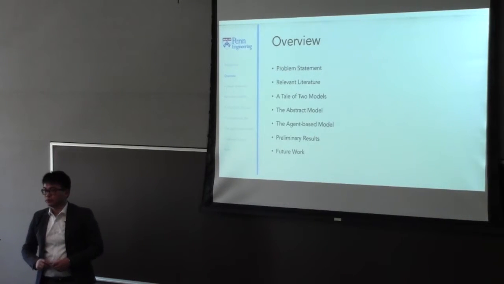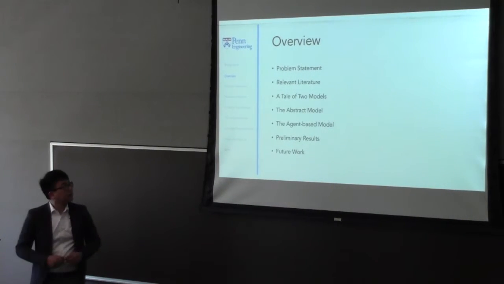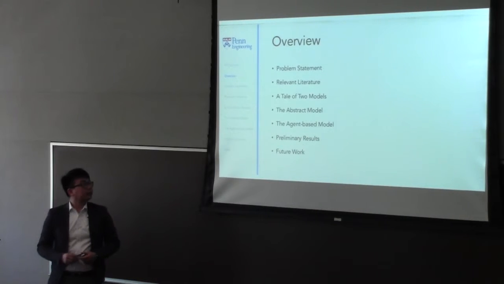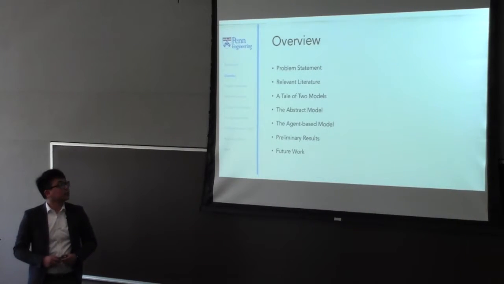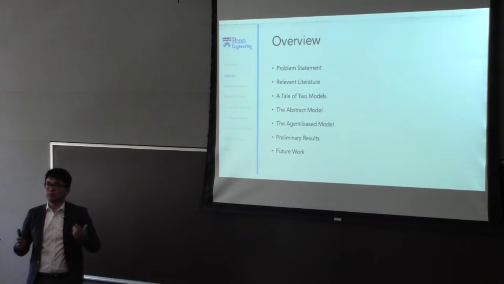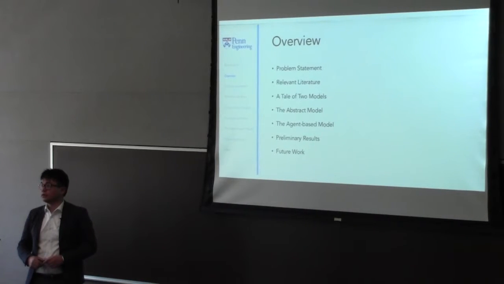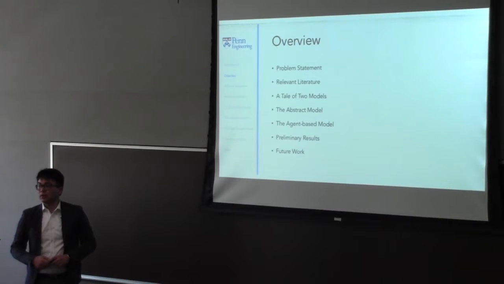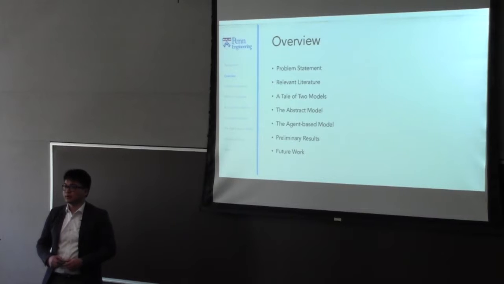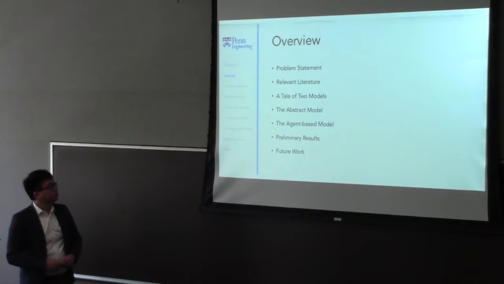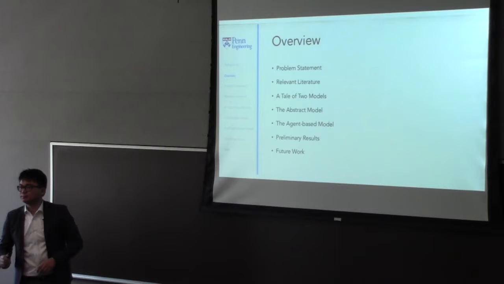So the overview to today's presentation will start basically by talking about the problem itself, followed by a review of literature, the most prominent models in the past half a century to a century. And then we'll talk about the two models and the motivation for doing two models under the framework to solve the problem. One of them being the abstract model. We'll propose some formal definitions, a few lemmas and propositions from there. And then we'll talk about the agent-based model a little bit with a discussion of some preliminary results from simulations. And conclude with a Q&A or future work.